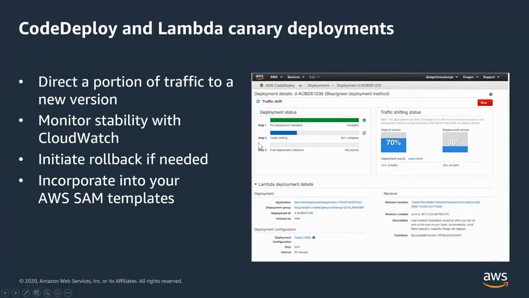So you would do a percentage, like in this case, 30% traffic shift, and you can initiate rollback whenever needed. Maybe you fix some bugs and then deploy it again. If things are working better, then you slowly shift the traffic more and more towards the new service, and once it's done, you remove the old one. In this case, you'll notice the traffic shifting status is 70% to the old one and 30% to the new one. This is basically a norm or standard if you're ever doing any kind of CI/CD.